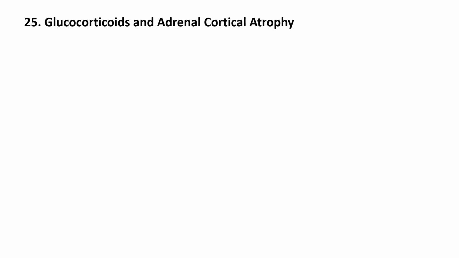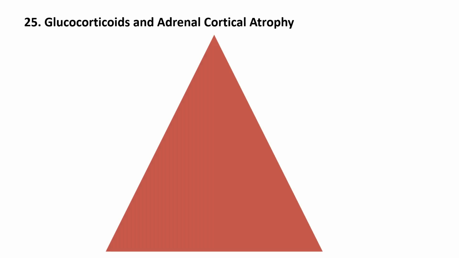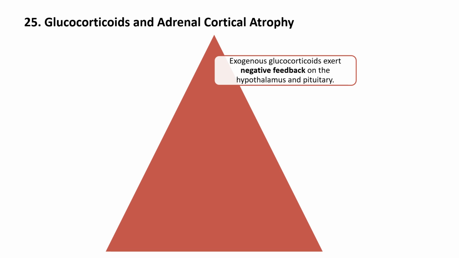Then, how does the exogenous administration of glucocorticoids cause adrenal cortical atrophy? See, when you give glucocorticoids from outside, that is exogenous, it has a negative feedback mechanism. So you know negative and positive feedback. What is negative feedback? When that hormone level increases, it will send inhibitory signals to the higher centers, hypothalamus and